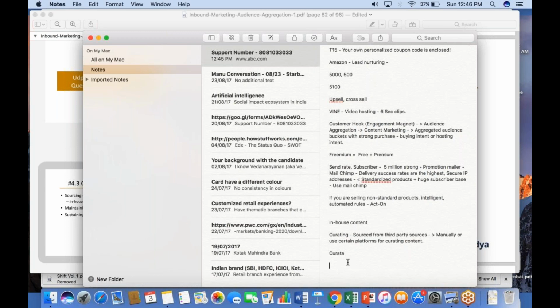Let me ask you a trivia question. There was a hugely popular curated content platform which was acquired by LinkedIn for close to $1 billion. Any guesses on what that platform is? And the head of that curated content platform is now the head of LinkedIn India today. That's the second clue. Any guesses on what the platform is? The name of the platform, rather. It's a very popular LinkedIn product even today.